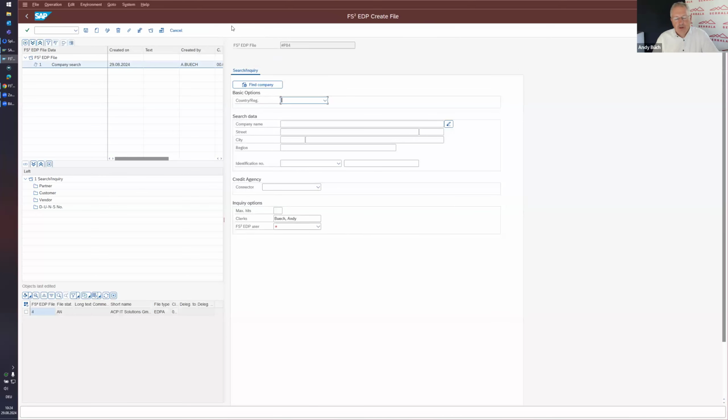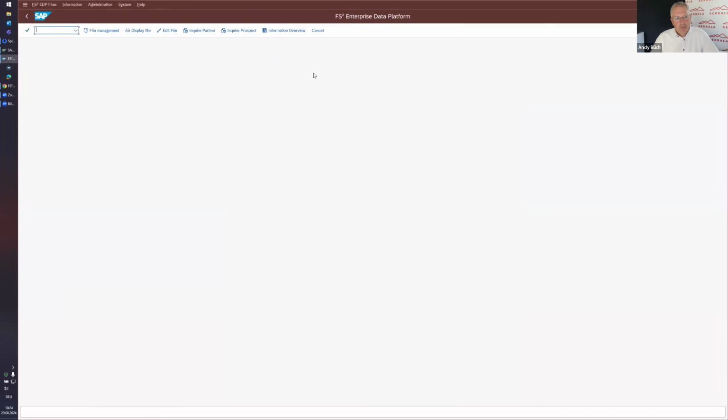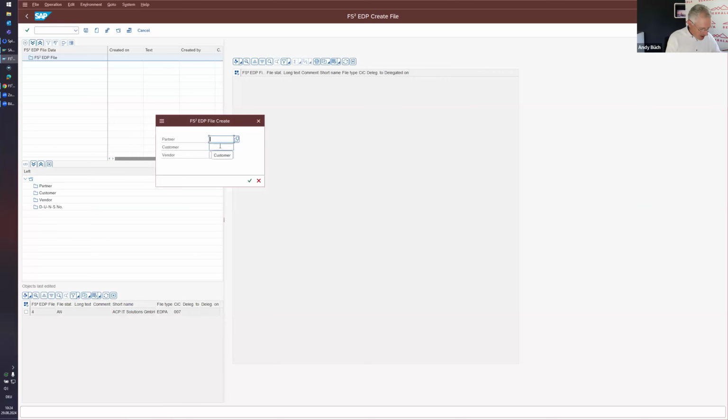As soon as you click the button, you can fill in your company's details, like a name and maybe a city, maybe a country as well, and start looking for the company. You get some further details, can inquire a product, and probably create a master data record from here. That's just one example. Let's do it the other way around. Let's say there is a master data record already, and we just want to get all the details D&B provides us in different data packages. So let's inquire a partner, and guess what? I already created a partner in my SAP system earlier today, business partner 162.